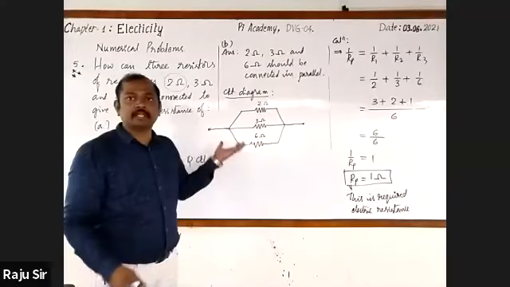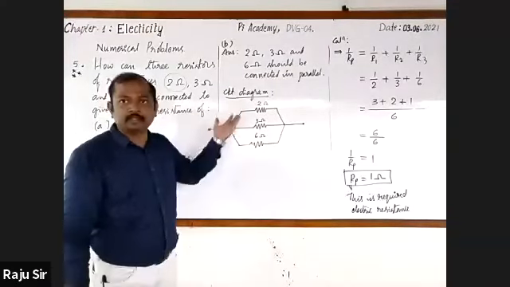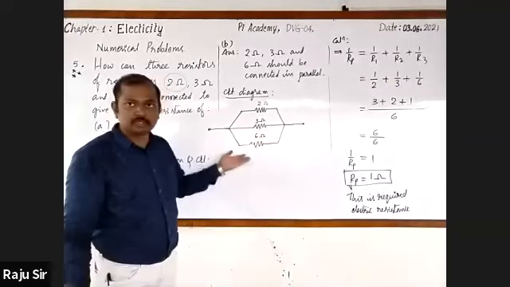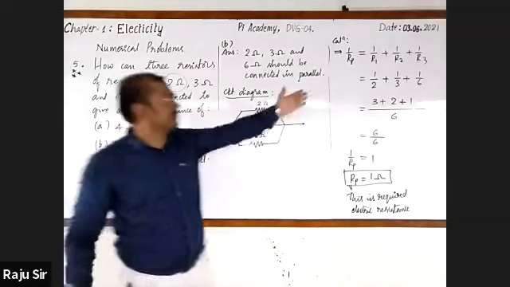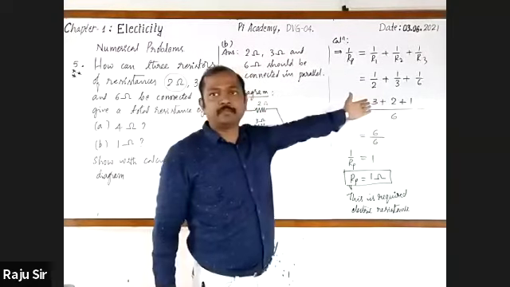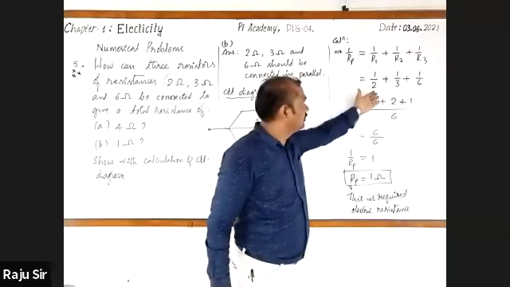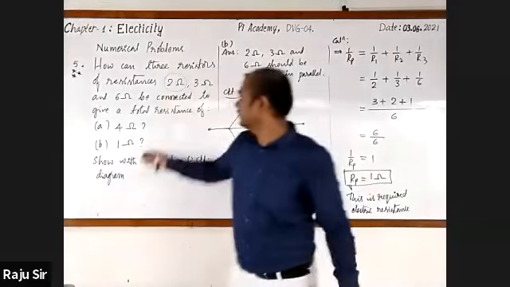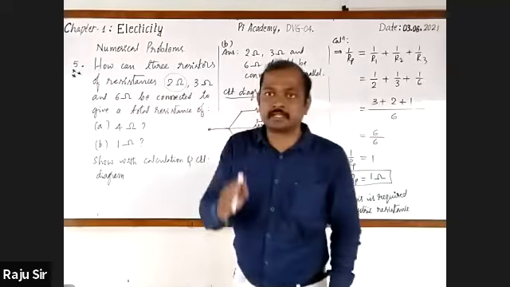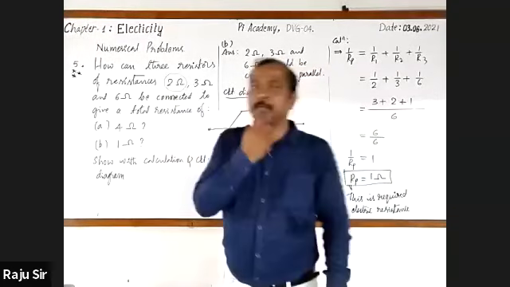Wait, sir. Yes, sir. Sir, explain once again. To obtain the least electric resistance, we have to connect them in parallel. That has been shown in the circuit. To obtain the effective resistance, we have the formula. On substitution, with calculation, you will get 1 ohm, which is the required electric resistance. So this type is over.